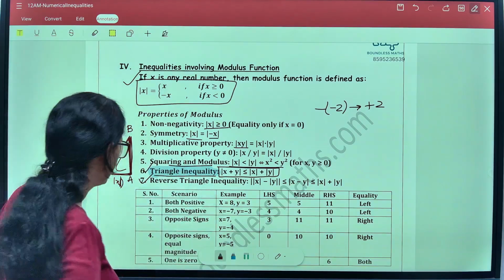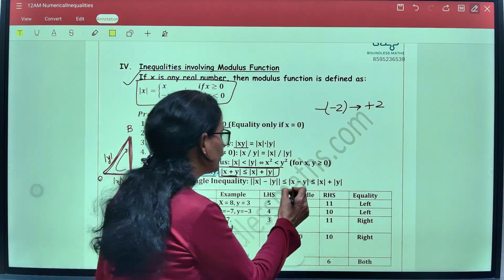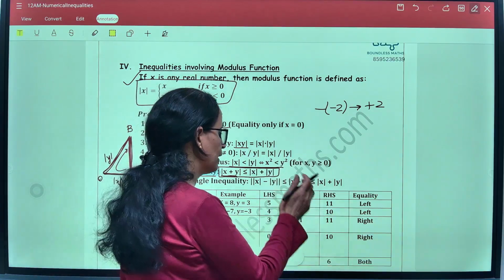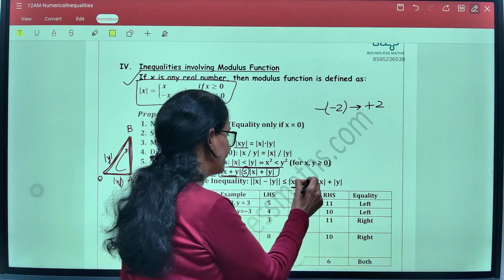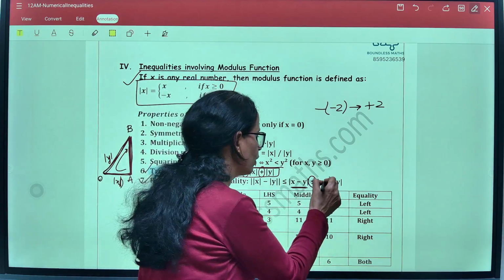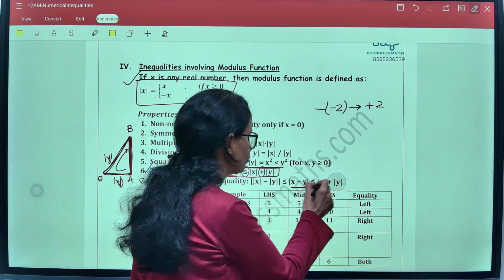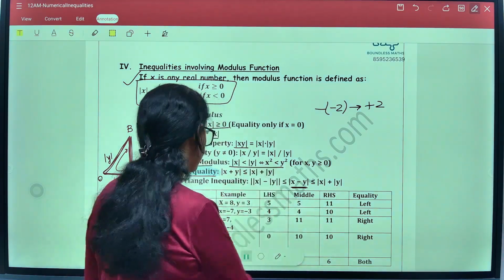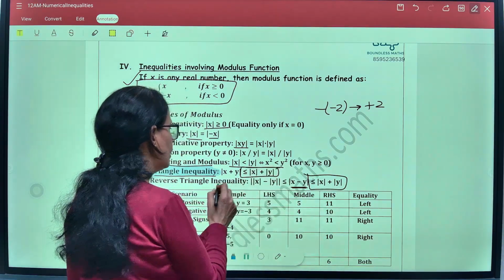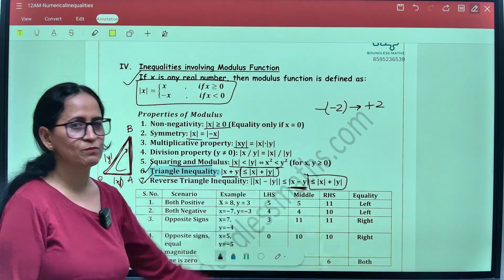Please focus here, it's very important to understand this triangle inequality and the reverse triangle inequality. You might get an MCQ here. What is the reverse triangle inequality? Here it was the sum x plus y. Now if you have the difference, mod of x minus y, the sign is still the same, less than or equal to. And mod of x plus y was there on the right side. Now here also it is still mod of x plus mod of y. You must be wondering, is it an editing error? Why is it plus? It should be minus. No, it should not be minus. It should be plus. The right part of both the inequalities is the same. Only the left part is different. Please remember this from an MCQ perspective.